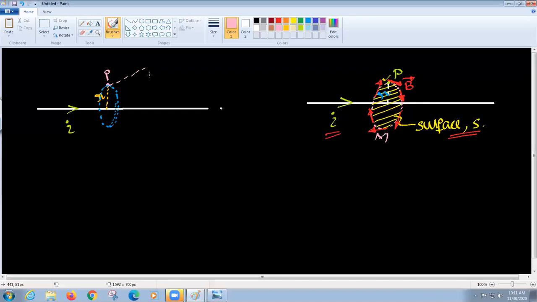So I will take a surface which is like a container, the shape of a pot, you could say, or it's like you are inflating a balloon. So this is the mouth of the balloon. When you pump air in, you can see the balloon inflates, and it's just like that. So you have the surface something like this. Now what you would say is, now I can make my surface.